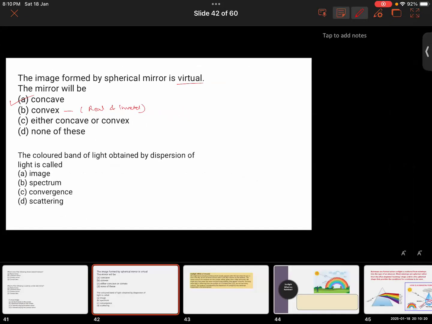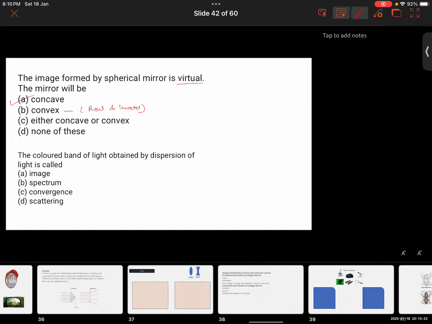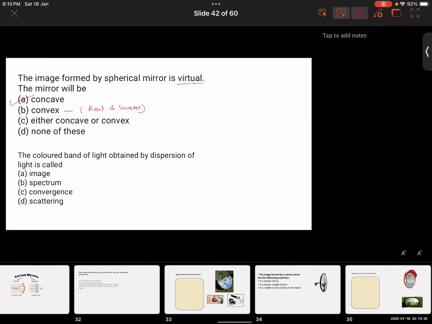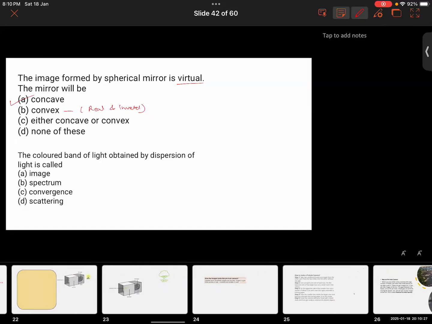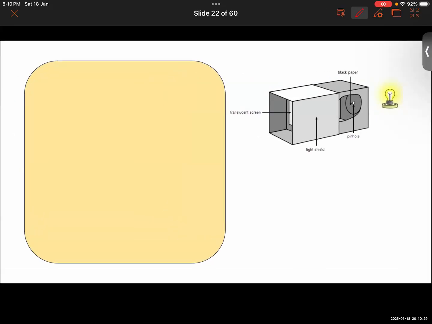Okay, nonetheless, let us start the discussion of this topic. By the way, pinhole was left to be discussed, guys. Pinhole camera. Okay, let us discuss about this pinhole camera right now. Now, I'm talking about the pinhole camera. See, basically, this is a simple optical instrument, with the help of which we obtain